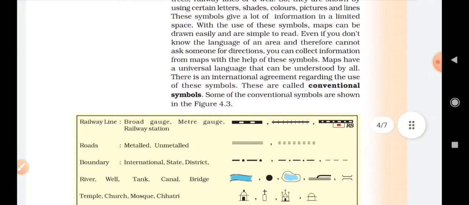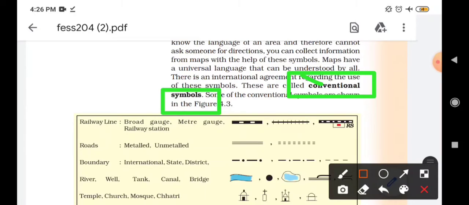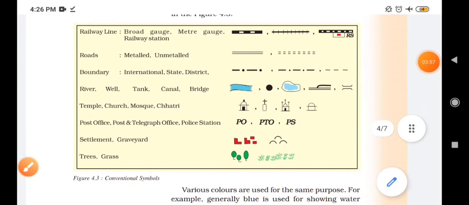Symbols on maps are a universal language that can be understood by all. That's why the international agreement regarding the use of symbols is also called conventional signs or conventional symbols. The following are some conventional signs.